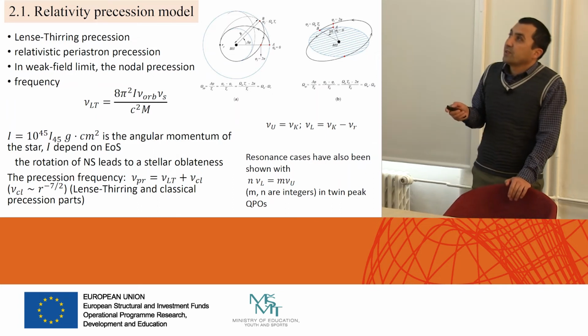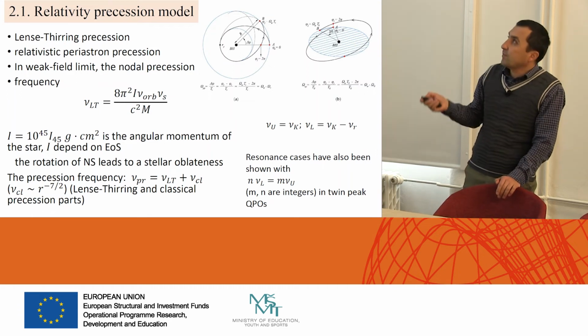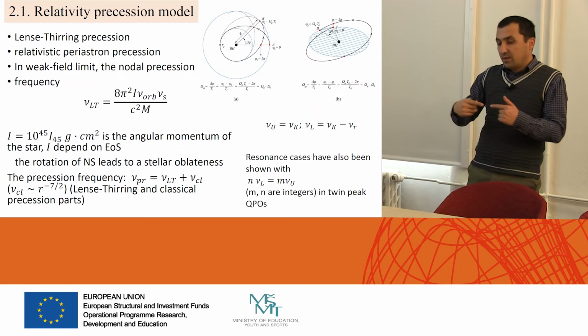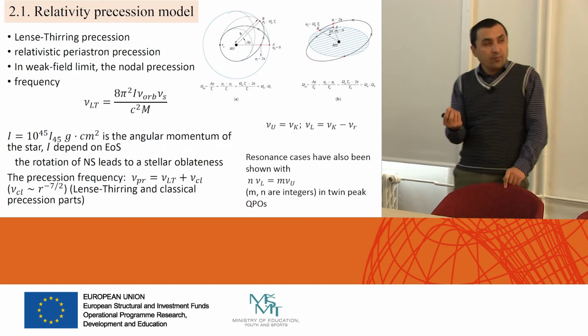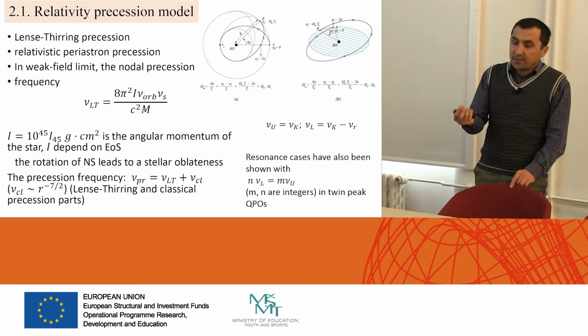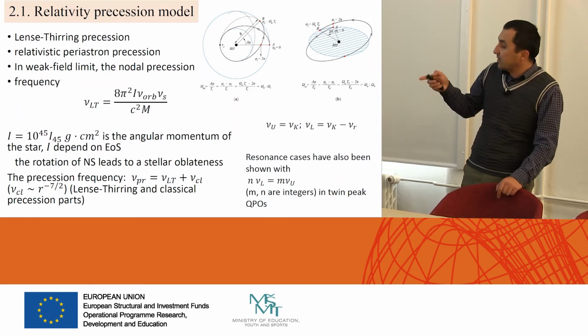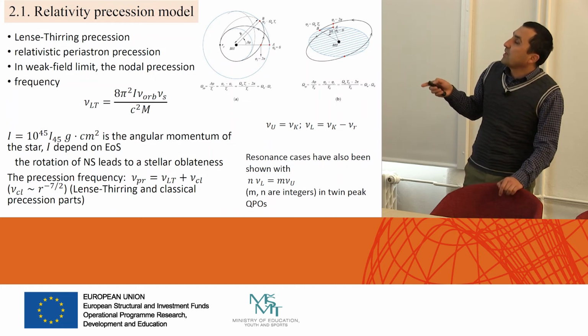We show this precession in the stable circular orbits: particles should follow a circular orbit, but when there is some displacement from the minimum of the effective potential of the particles, this displacement makes the particles oscillate in the radial direction, and we can see this in the form of relativistic precession of particles. Here this Lense-Thirring precession, which